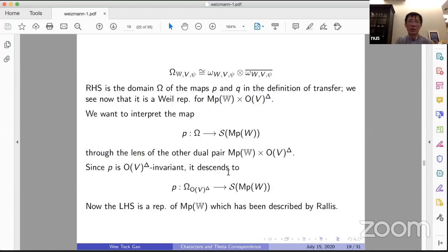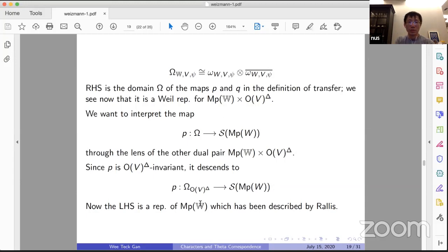Okay, so what does that mean? For example, we have mentioned before that this map P is O(V) diagonal invariant. That was one of the lemmas, right? So it factors through the O(V) co-invariants. Now, the point is that this omega is a representation of O(V) diagonal with a commuting group Mp(2W),